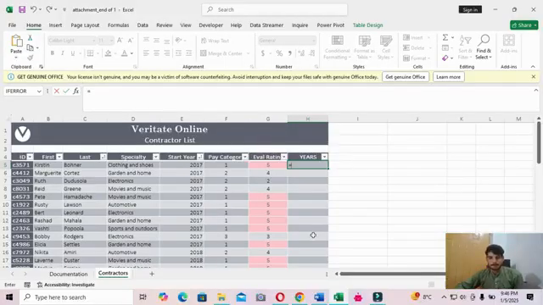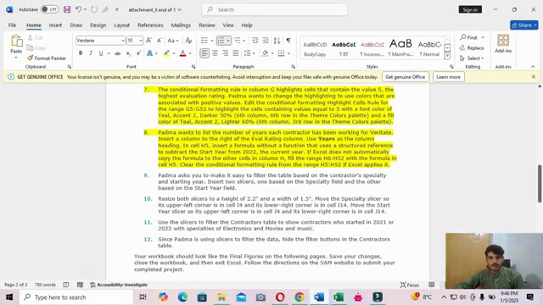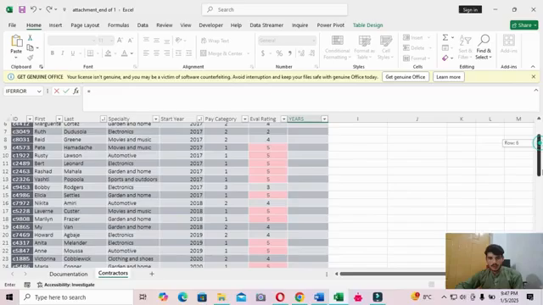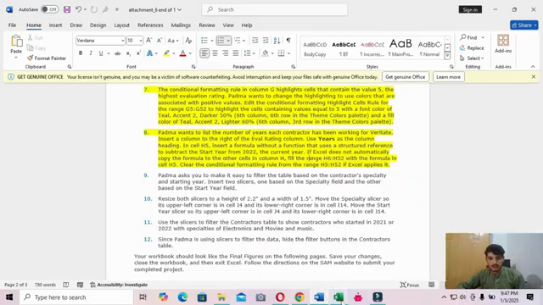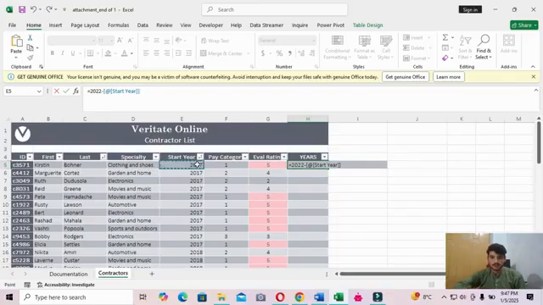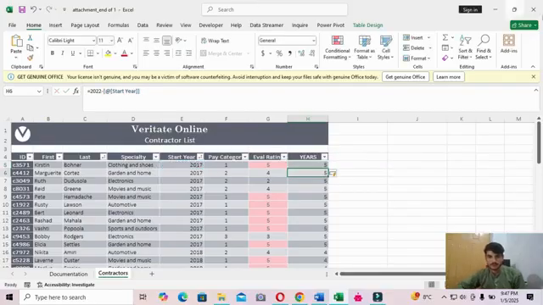Insert a formula without a function that uses a subtraction reference to subtract the start year from 2022. Okay, put an equal sign and type 2022 minus the start year. Okay.